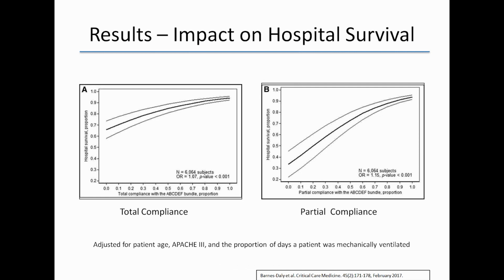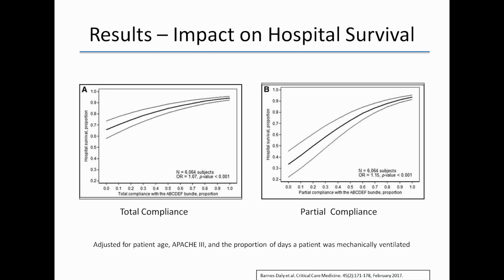Well, what was the impact of implementing this bundle? This slide shows the survival plotted in relation to the total compliance with the bundle on the left and partial compliance on the right. For every 10% increase in total bundle compliance, there was a 7% higher odds ratio of hospital survival. And for every 10% increase in partial bundle compliance, there was actually a 15% improvement in survival, showing the significant impact of when you were able to implement all elements of the